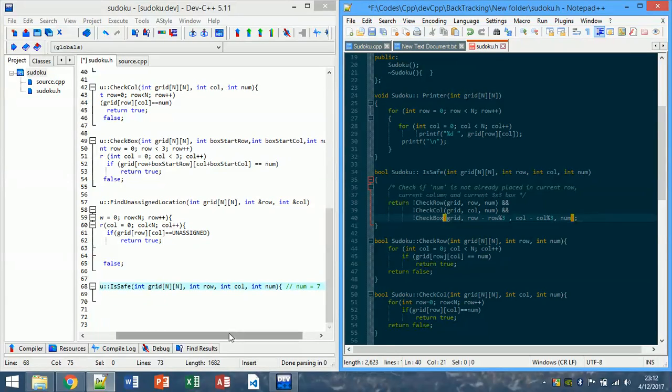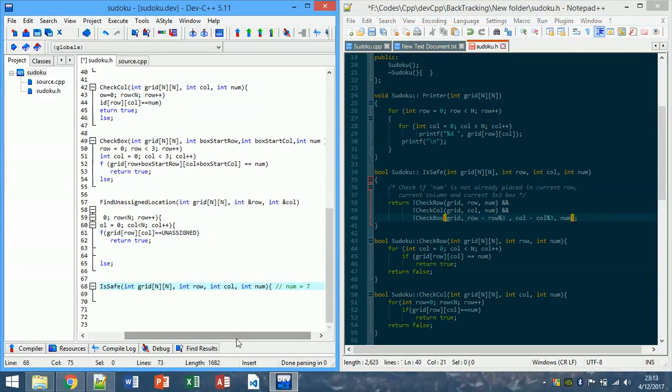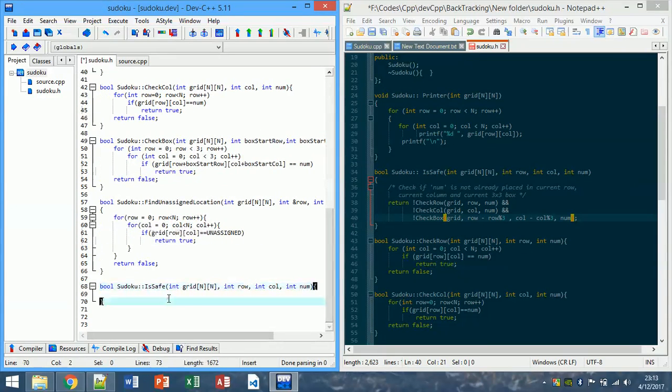If true, then it is not safe, and so it's going to, okay, you'll see what will happen next. Forgive my English, it's terribly bad, I know. Return not checkRow(board, row, number)